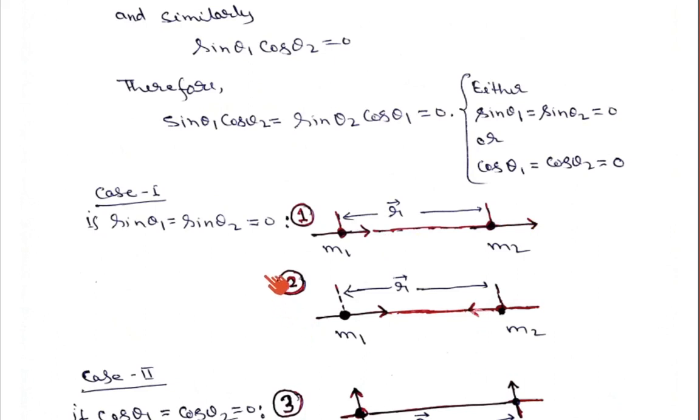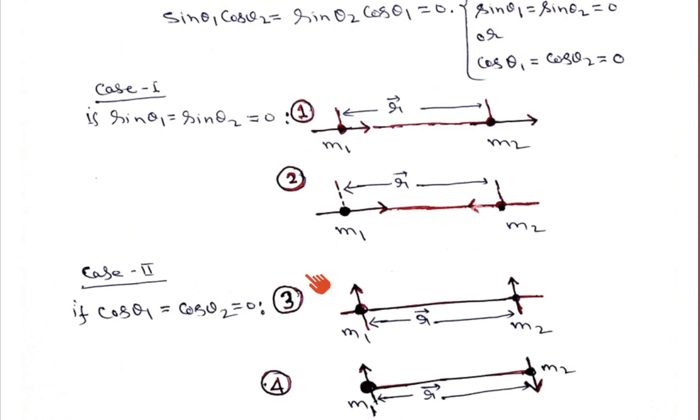But if you see the second configuration, M1 is aligning in the direction of the magnetic field due to B2, that is along this direction. So this is okay. But because of the magnetic field due to M1, which will be along this direction, M2 should align in this direction. But this M2 is not aligned. M2 is aligned opposite to the magnetic field B1. So that means this possibility is not possible.